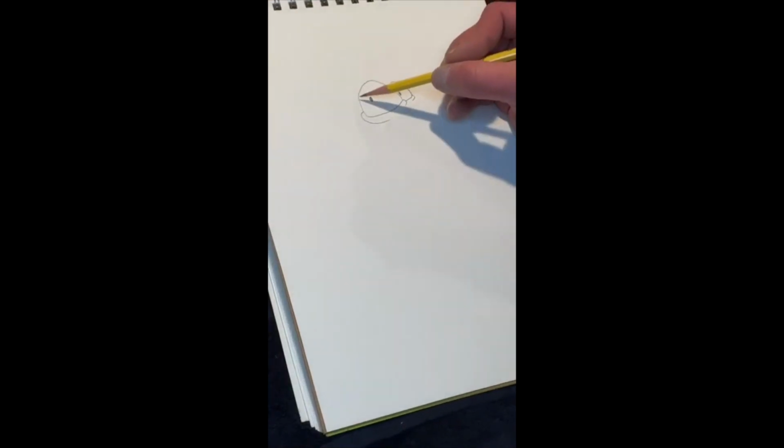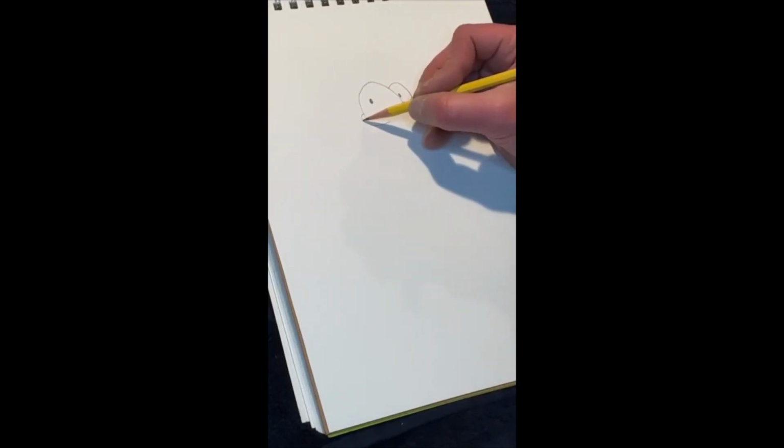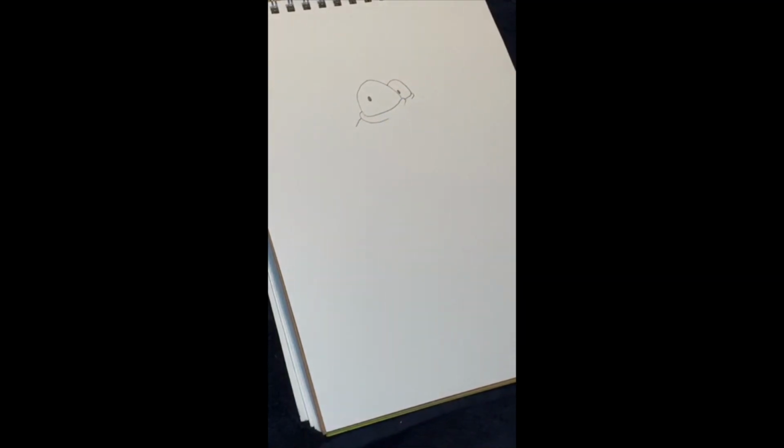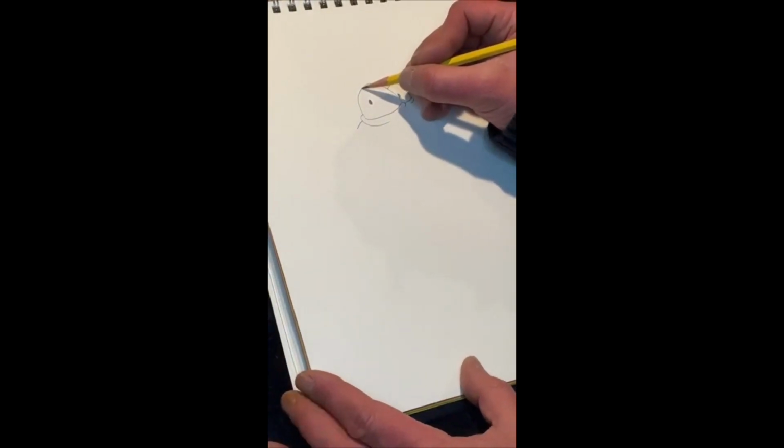Now normally there'd be some sort of head coming on the back, but I gave him a helmet. So right here, draw a little line down. And that's the edge of his helmet. And if you start from the top of the eye...